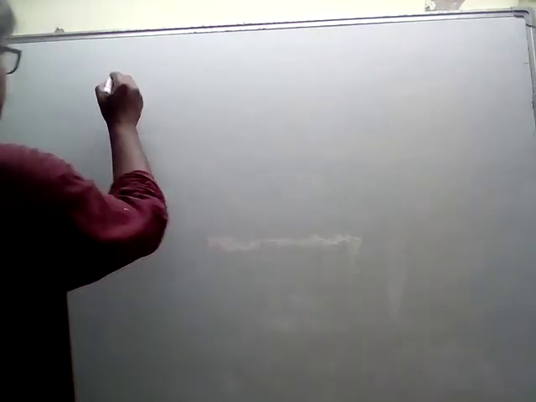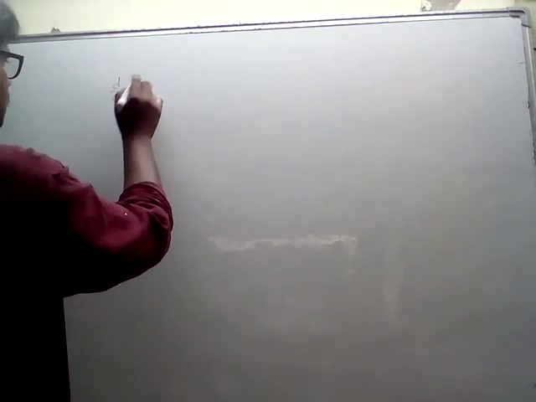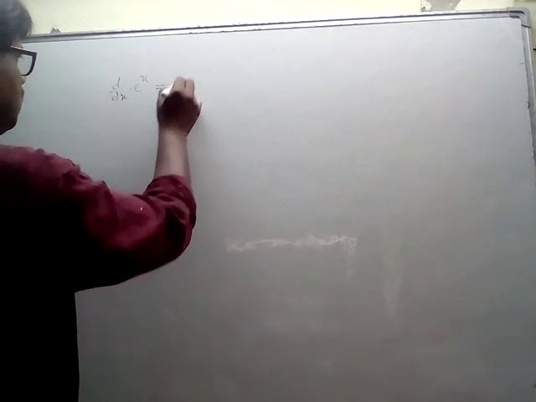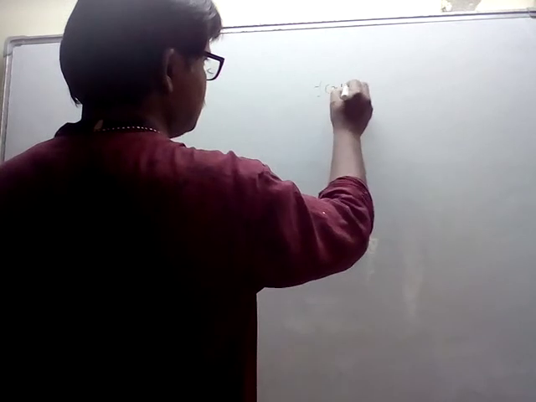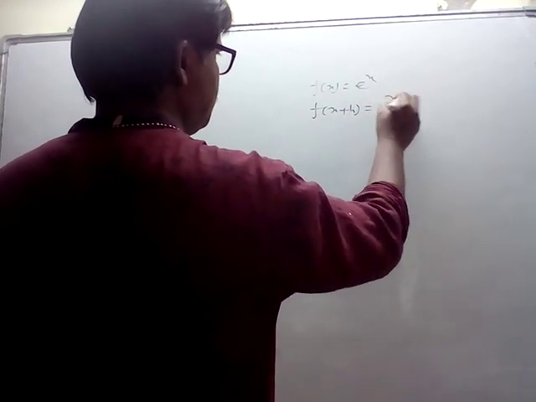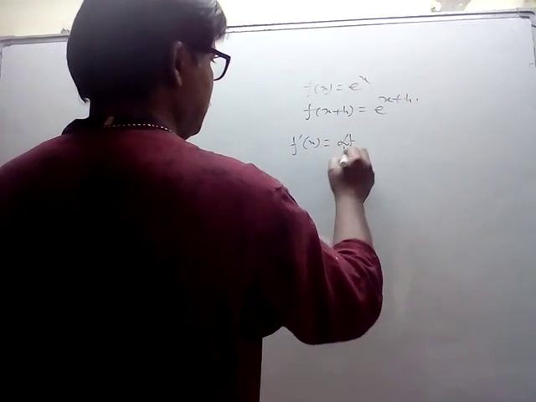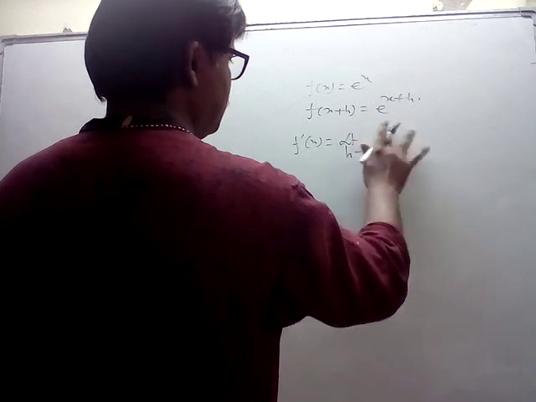Now differentiation: d/dx of e power x equals e power x. The derivative of e power x equals e power x. This is also very easy to prove. Let f(x) equal e power x, then f(x plus h) equals e power (x plus h), then f dash x equals limit h tends to 0 of f(x plus h)